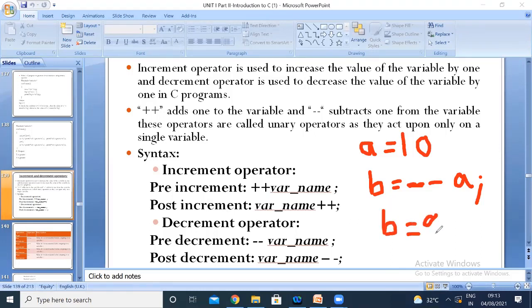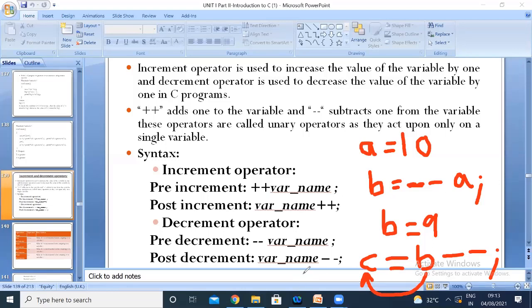Fine. Now, if I write C is equal to B--, what will be the value of C? 9, ma'am. C's value will also be 9. Don't get confused. This is post-decrement. Post means after. So first we assign the value of B to C, then we perform the decrementation operation.